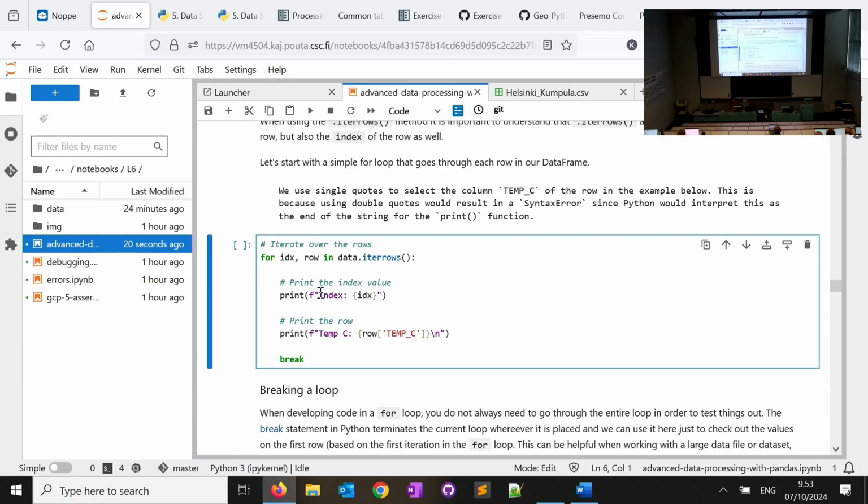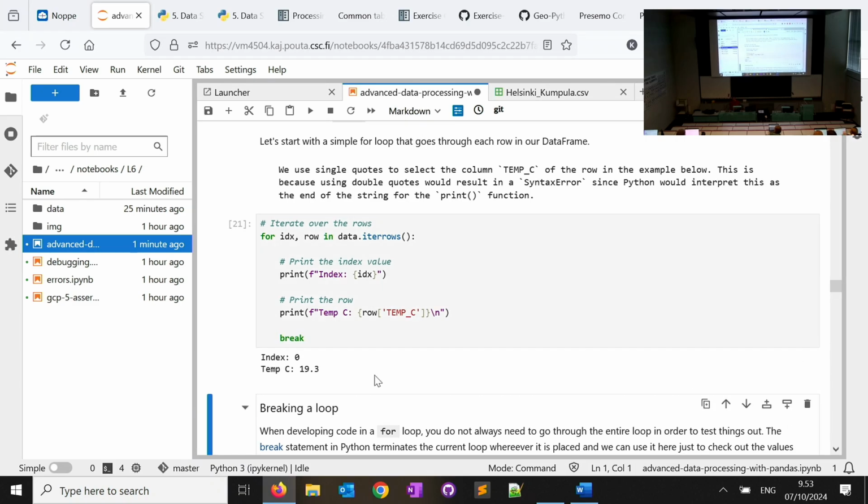And then I'm printing here the index value for the row and the value of the temperature. From the row, which you have accessed here, you can of course name the column. So I want to get the temperature in Celsius for that column. This row, I'm accessing this column. And then I'm putting a new line here. I put a break here. It's a for loop and you have 2,200 rows of data. If you don't put this break, it's just going to print them all, you will have 2,200 rows of print. So it gets messy here. So I'm just putting a break, so it will just run once. It doesn't go to the second loop. That's why we have the break here.